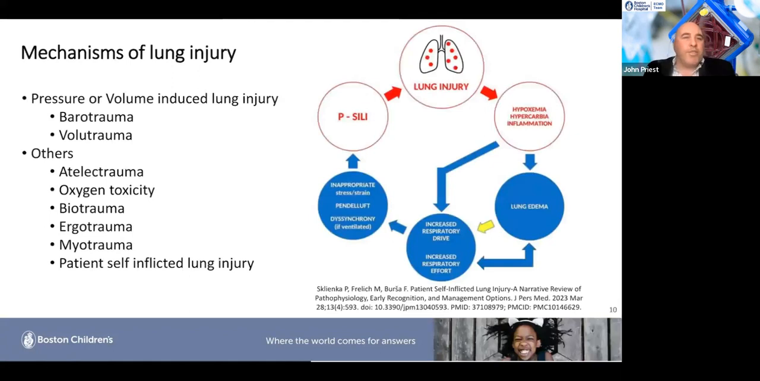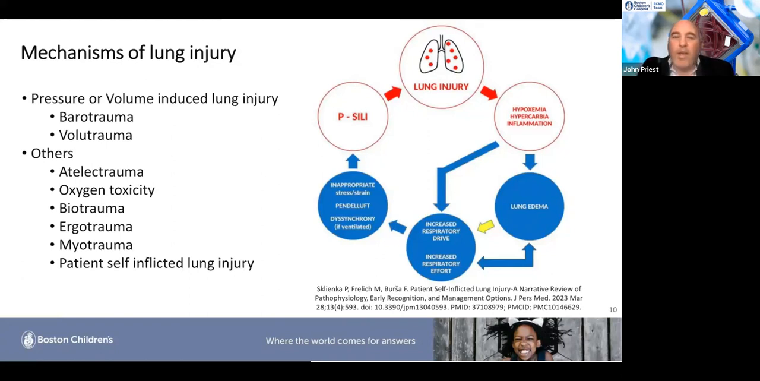And what are these lung injuries? So pressure and volume induced lung injury. You got your barotrauma or your volume trauma, and atelectrauma, that's the opening, closing of alveoli. You got your oxygen toxicity, your biotrauma, which is again the release of inflammatory mediators from injured cells, your ergotrauma, which is energy expansion of dynamic high stress respiratory cycles, your myotrauma, your diaphragm muscle injury, and this is common with ECMO if you're keeping your patient paralyzed for a long